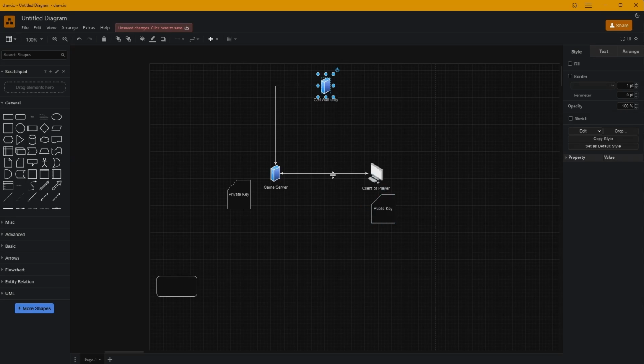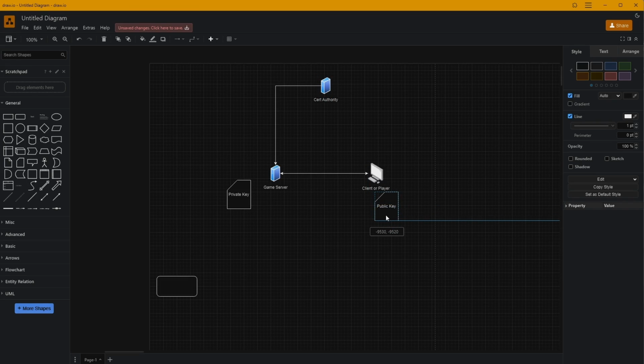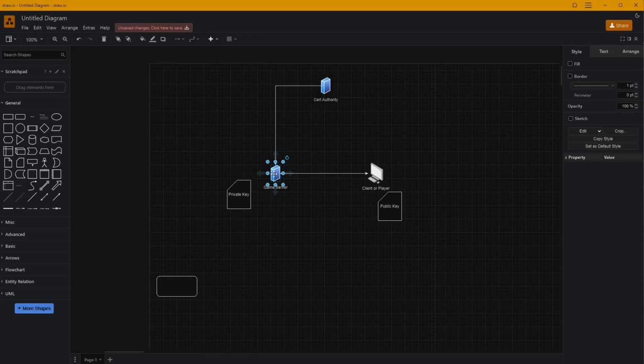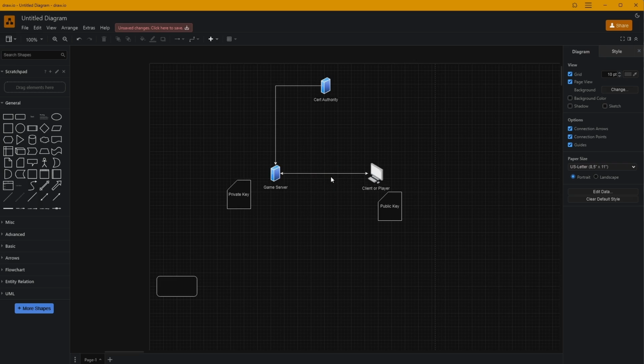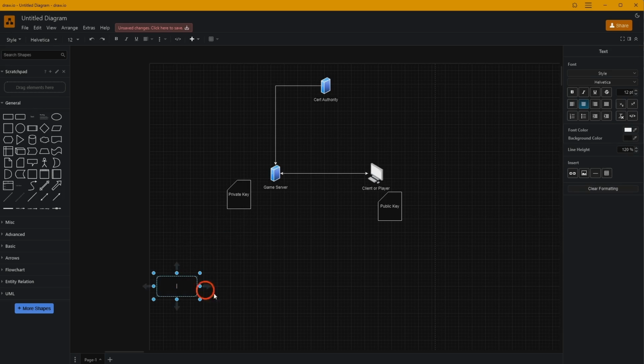We're good to go. And then at that point, the two decide to communicate. Using this public key, they pass a secret across the wire to the game server. The game server then negotiates an encryption algorithm between the two of them, and it sets up that encryption. And then every single time a message gets sent across the wire,